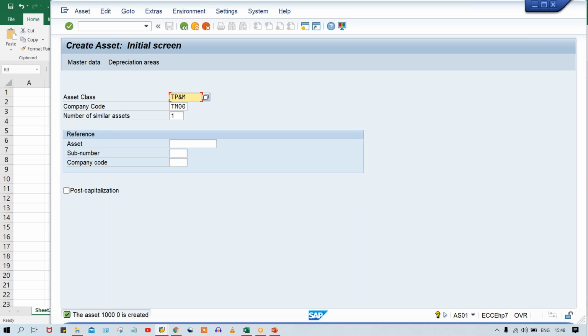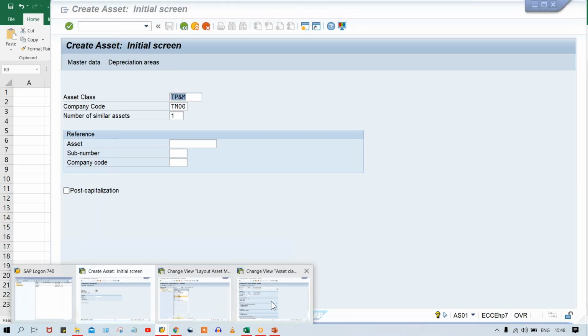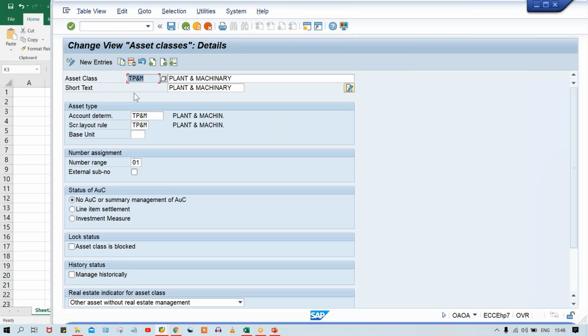Now the question is, why 1000, guys? Why not any other number? So the logic is pretty simple. Whatever assets are there, that asset is going to be created against a particular asset class. So at the time of saving this information, system is going to determine against which asset class this asset is going to be created. System found that T, P, and M, right? So against this asset class, what number range we have assigned? That is 0, 1. And against 0, 1,